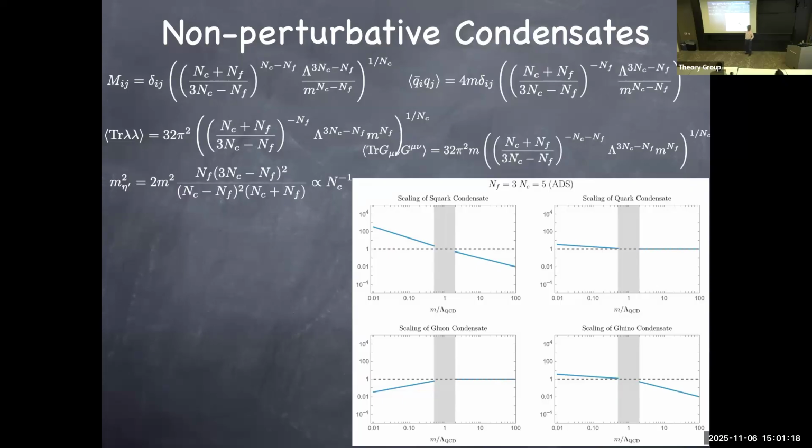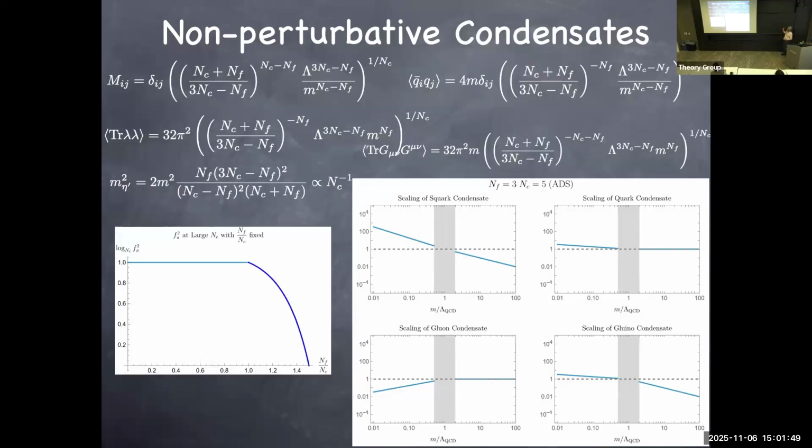We cannot really do anything when the SUSY breaking is comparable to the dynamical scale. But if you go to the opposite limit, for non-supersymmetric QCD, at least you know how you would expect these condensates to behave as a function of SUSY breaking. And that's the line on this side of the gray band. And at least you can see that they seem to connect continuously. This is not a proof, but it's circumstantial evidence that there is no phase transition between them. The theory is continuously connected from the near-SUSY limit to the non-SUSY limit.